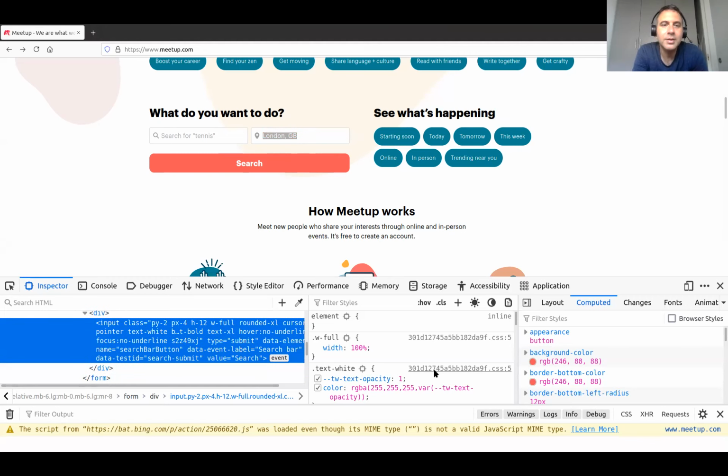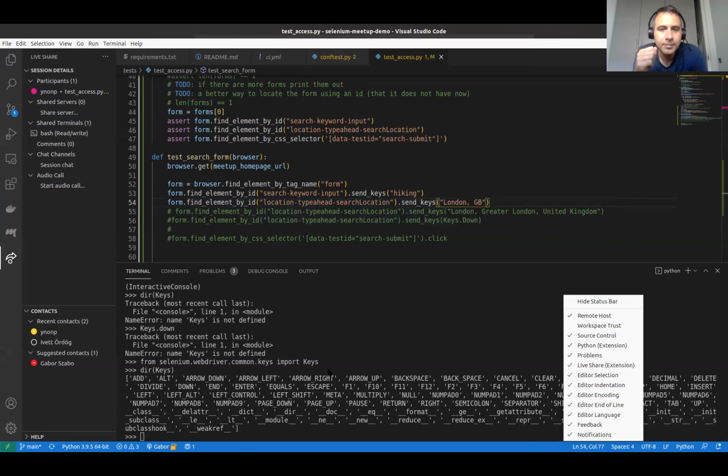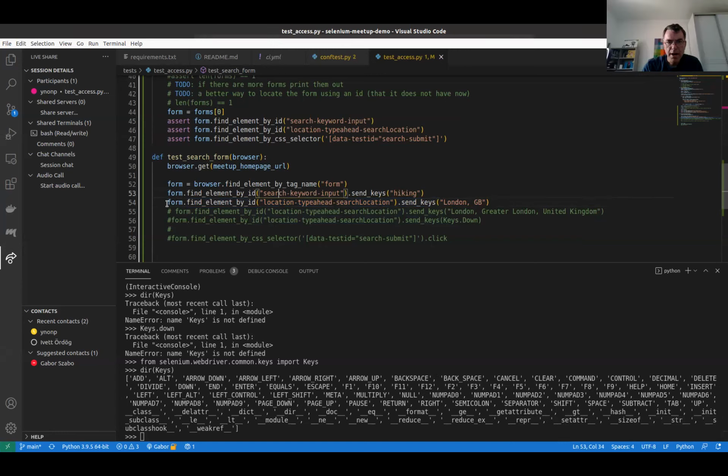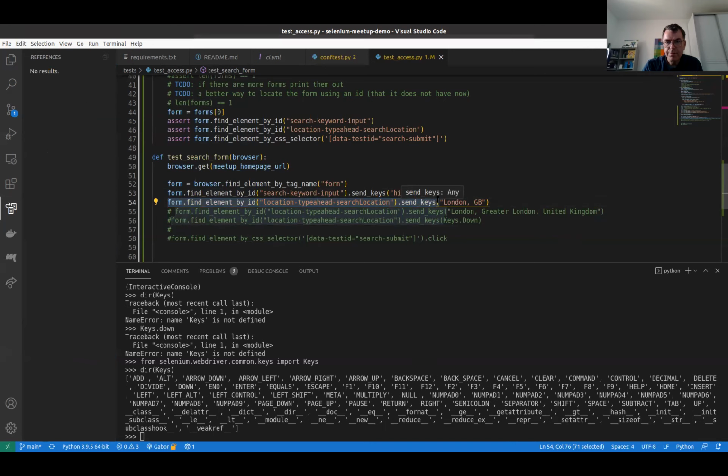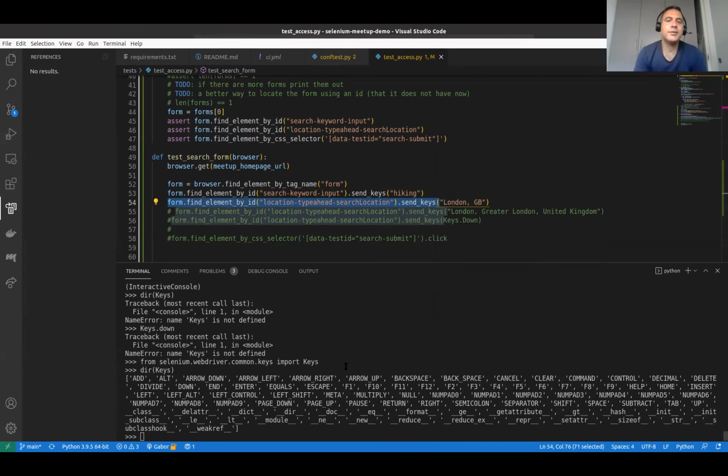Oh, because we are headless now. Sorry. Yes. In the code, just add. I wanted to send keys, right? I want to send keys the London and the down, everything you want to do from here. Okay. And then keys. No, you haven't typed in the London GB yet.